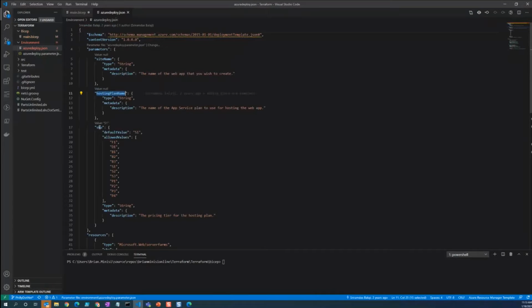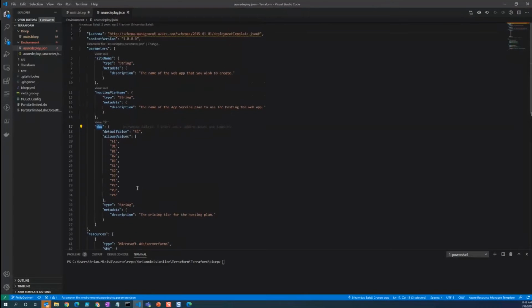All right, so we have a SKU parameter too. And we're just going to keep the default value for this. So we're not going to do anything with this. We're not going to necessarily create a param that we're going to override, but we still have to account for this.